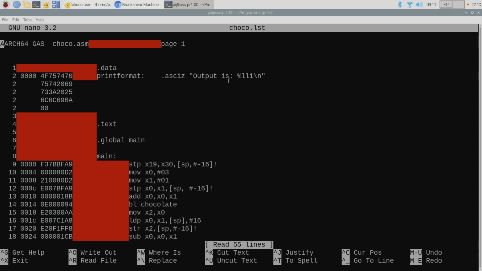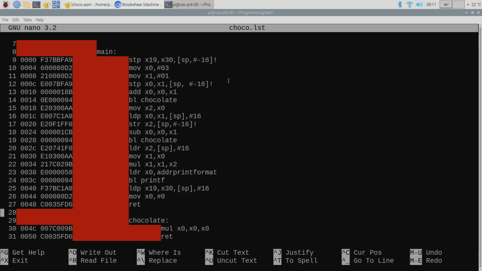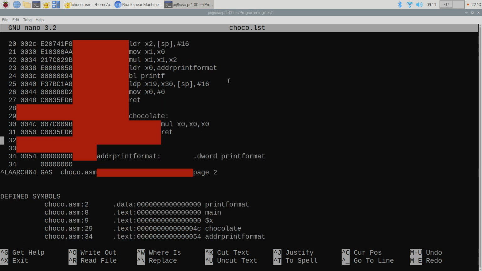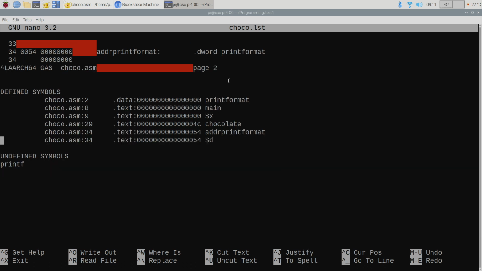Okay, so that's a listing file, and if I just scroll down here, it's just more of the same. I've got my function called chocolate, and then these defined symbols, that's stuff that got defined by the assembler and the debugger.